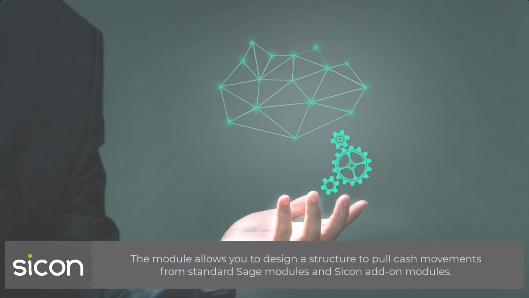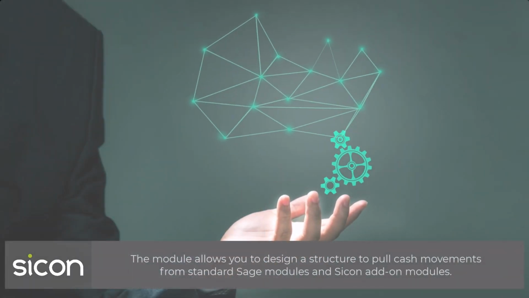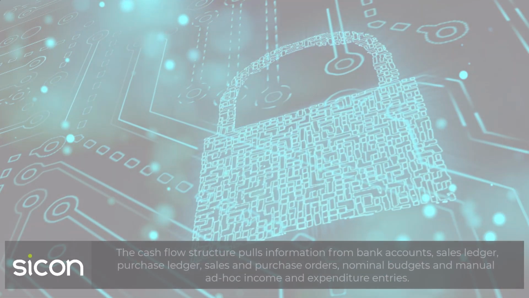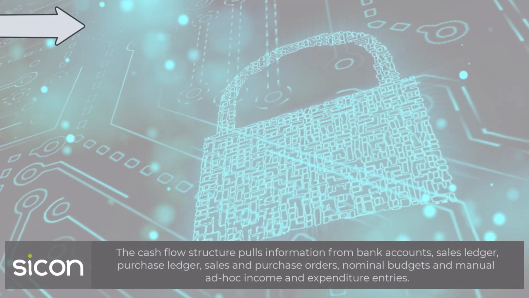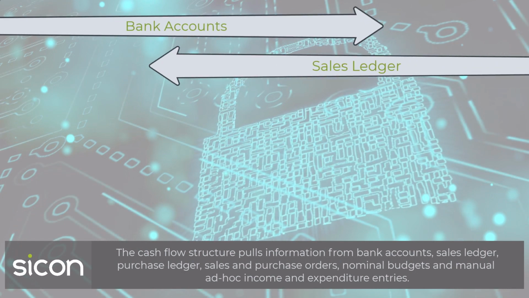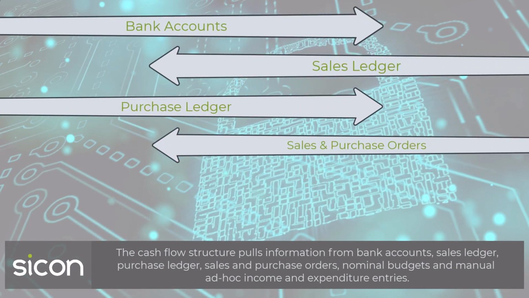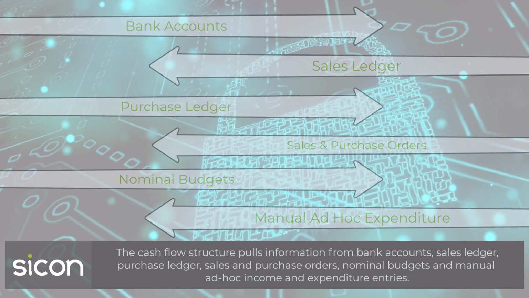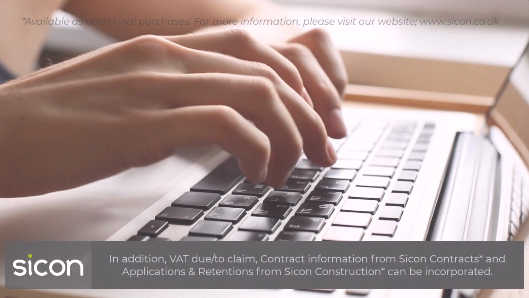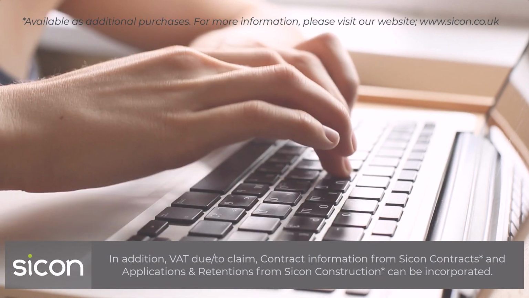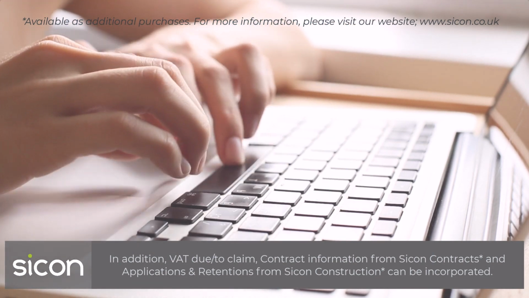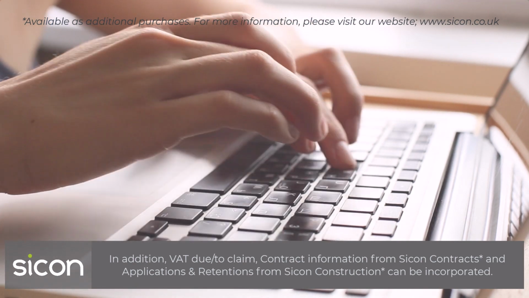The module allows you to design a structure to pull cash movements from standard Sage modules and Sicon add-on modules. The cash flow structure pulls information from bank accounts, sales ledger, purchase ledger, sales and purchase orders, nominal budgets, and manual ad hoc income and expenditure entries. In addition, VAT due to claim, contract information from Sicon Contracts, and application and retentions from Sicon Construction can be